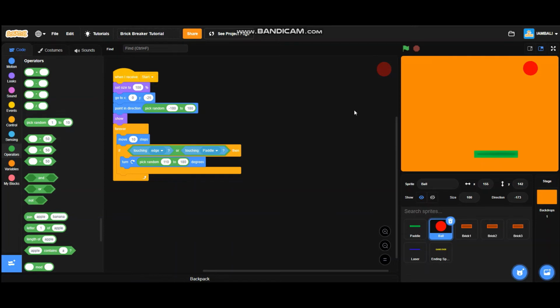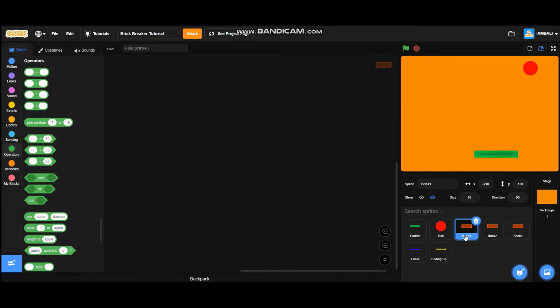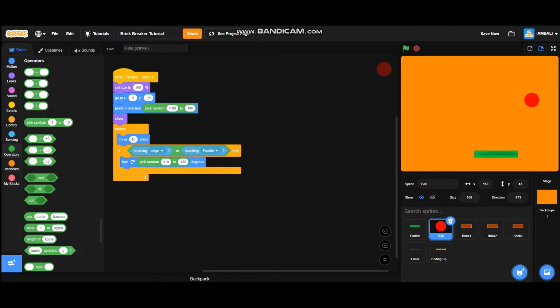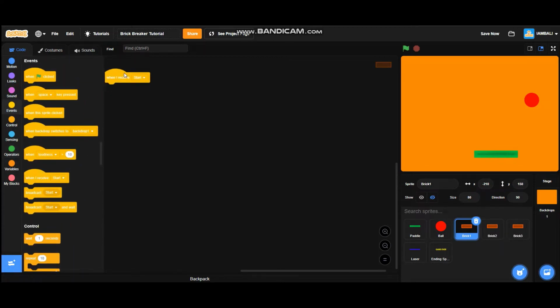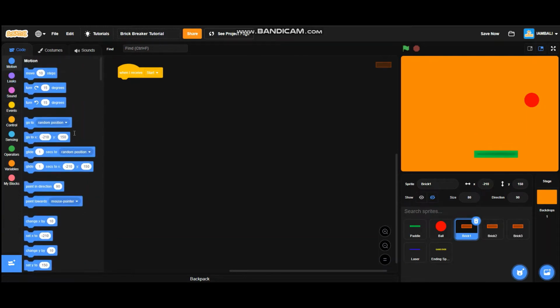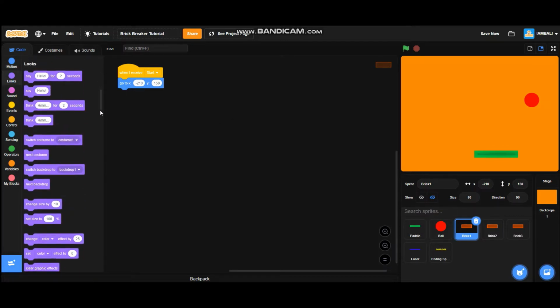The next step is making the bricks. As you can see, there are 3 bricks: brick 1, brick 2, and brick 3. So let's start making the bricks, okay? First of all, just go to the brick 1 sprite, and then add a when I receive start block, and it will go to x negative 210 and y 150. It will also hide,